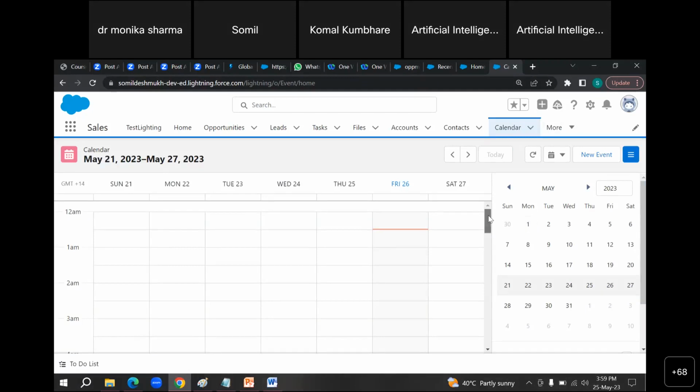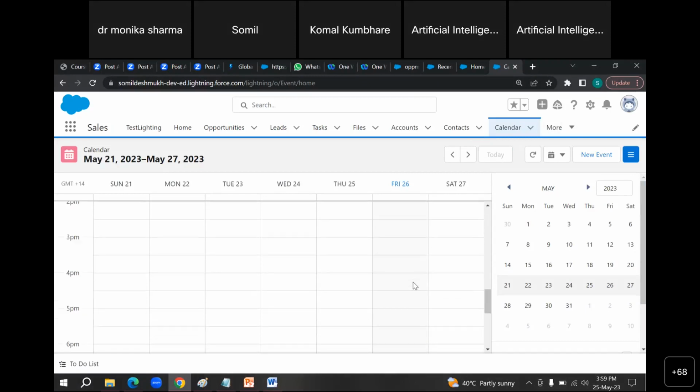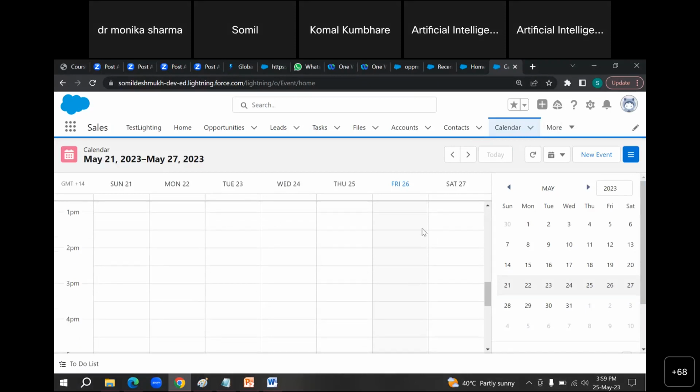And if you want to set up one meeting, like I want to set up one meeting from 1 p.m. to 2 p.m. on Friday. So there is a calendar box.